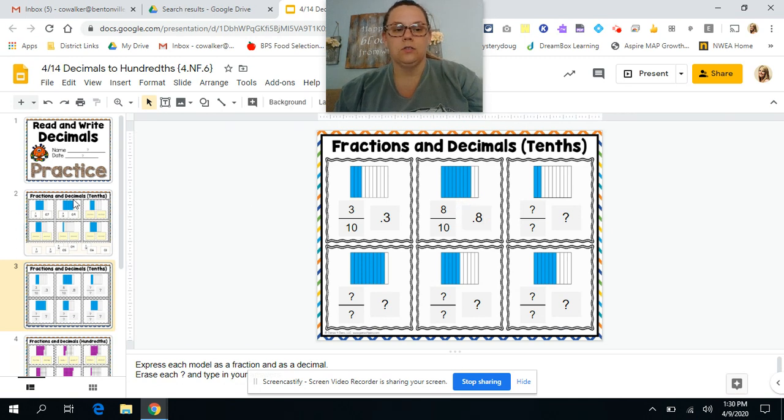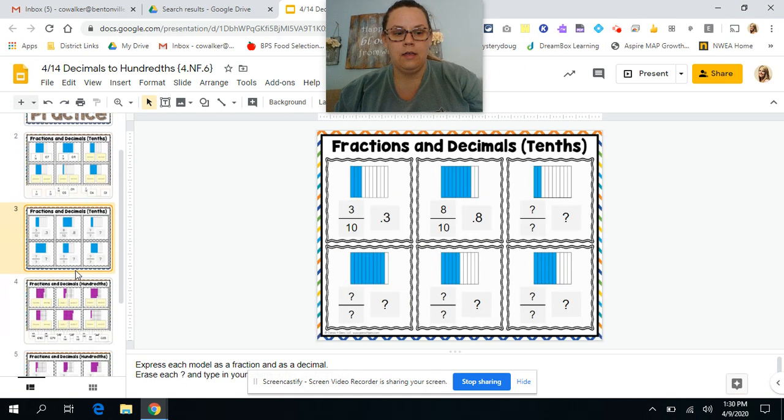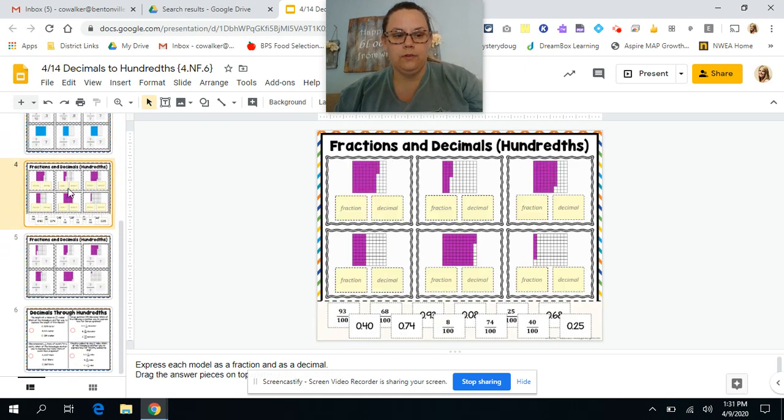form. So I want you to go back through these and finish this slide and this slide as well. And then we're going to do a couple of these together as well, because these are going to be in hundredths. So it's doing the same thing that you were doing with tenths, but we have to know now that we're in hundredths. So the first thing I'm going to notice is just, this is where you're matching again,